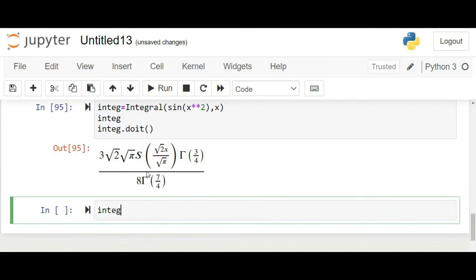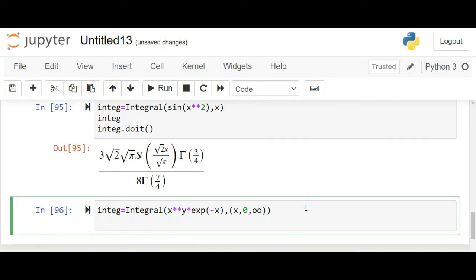integral, which is equal to integral, inside the parenthesis we should write x and comma y, and then exp, inside the parenthesis we should write minus x, comma x, comma 0 comma infinity, then control and enter,